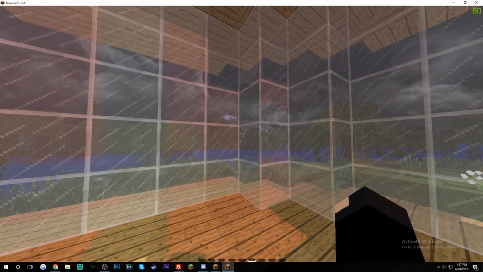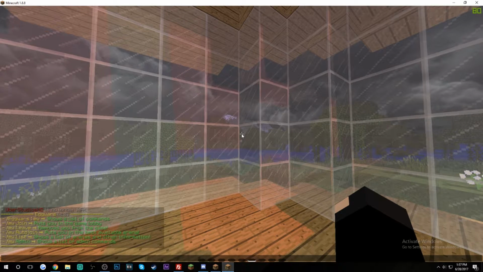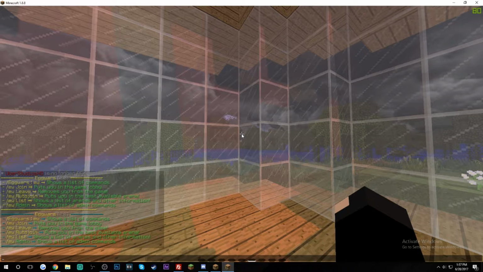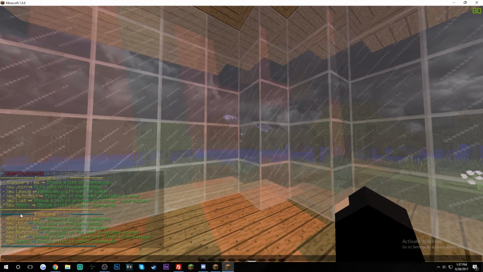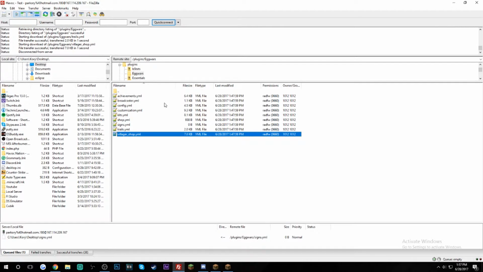Alright guys, the base command in Eggwars, the plugin, is going to be /EW, or you can type out Eggwars. It just has an alias to make it easier for you guys. Now, as you guys see, this is the blue that was in this setting. Let me look for it. It was in